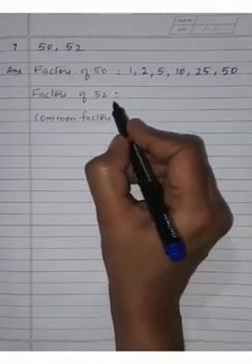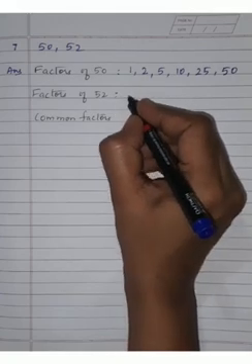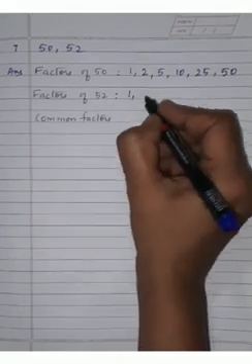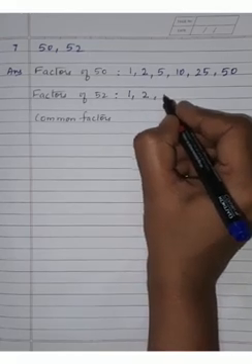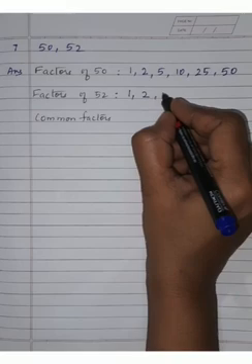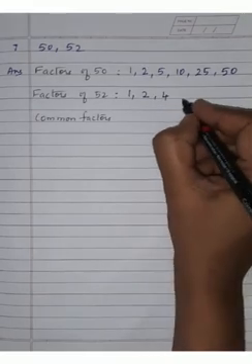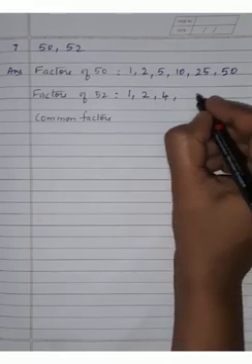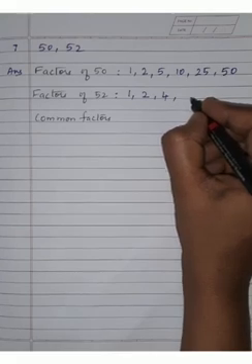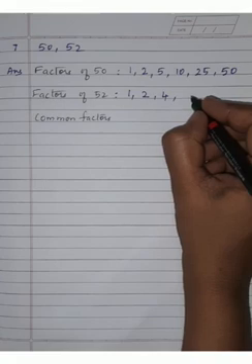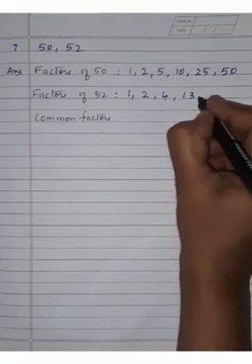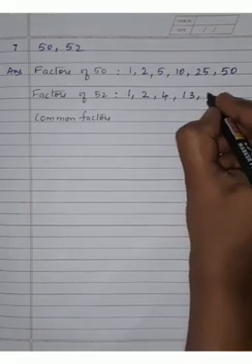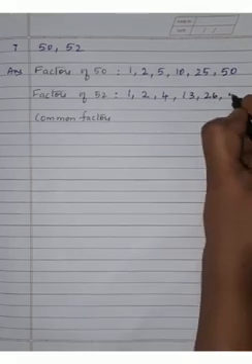Okay. Then to write the factors of 52, children, it comes in 1 52 is 52, then 2 26 is 52, then 3 doesn't come, then 4 13 is 52, 5 doesn't come, 6, 7, 8, 9 no, 10 also doesn't come, 11 no, 12 no, then 13 4s are 52, then 26 table it comes, then directly 52.